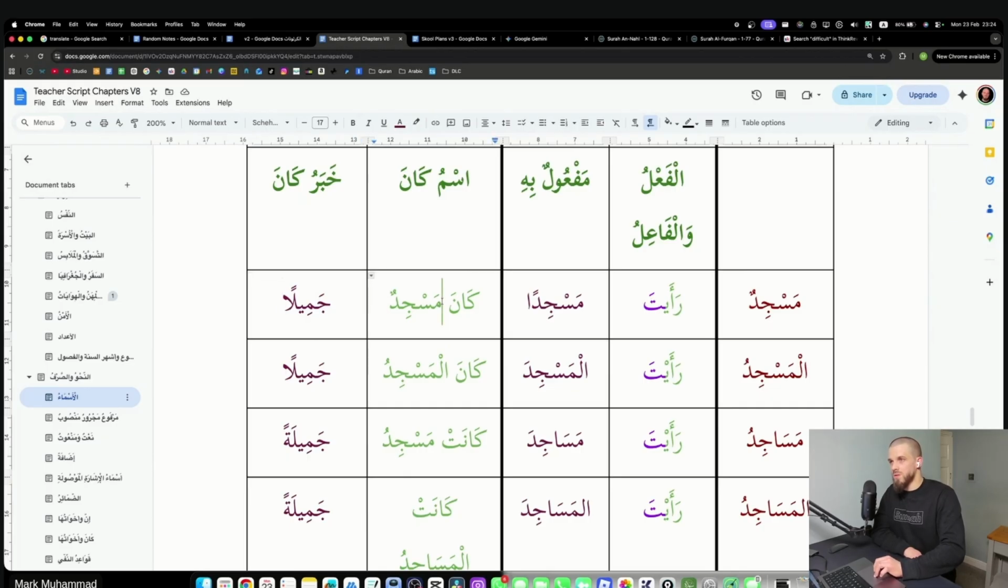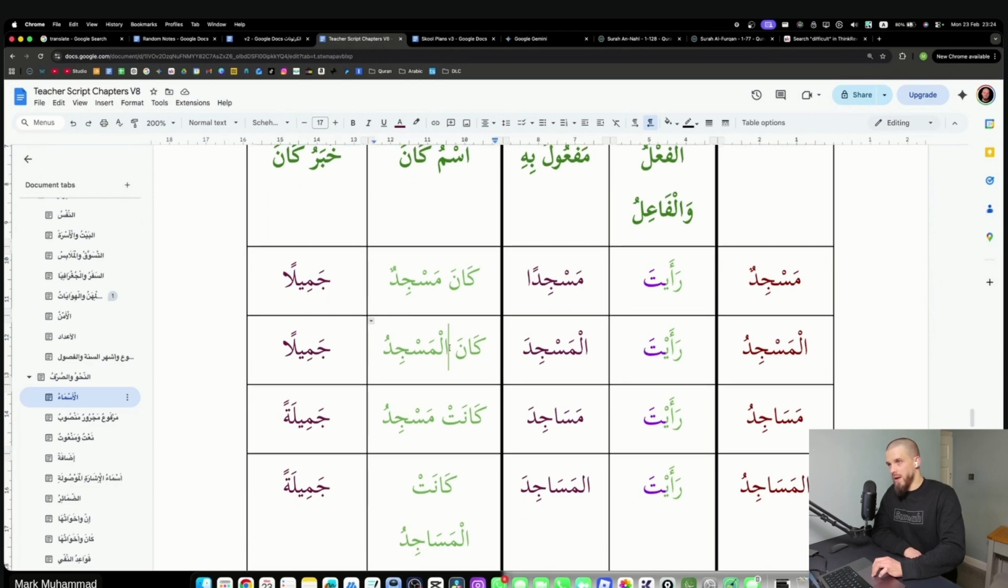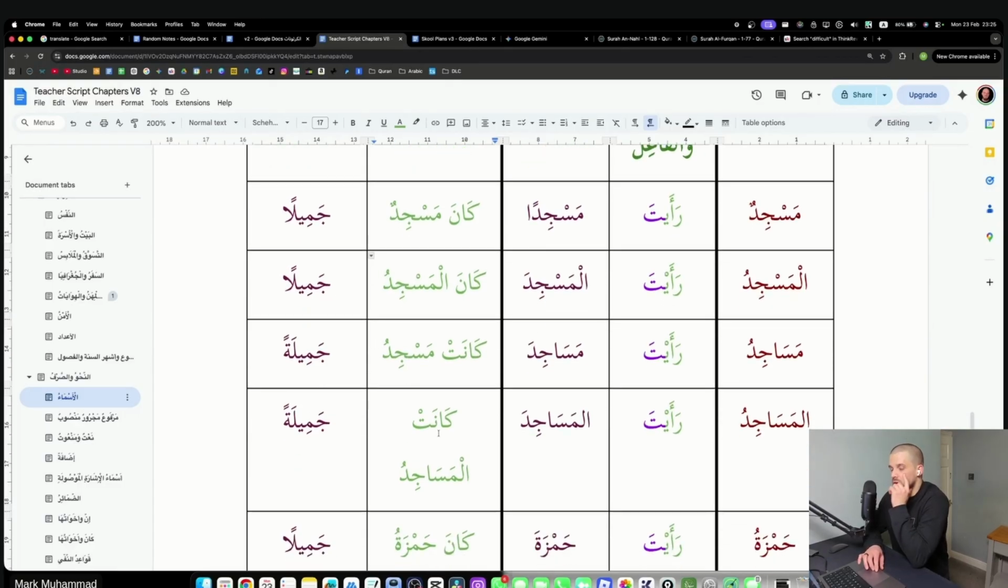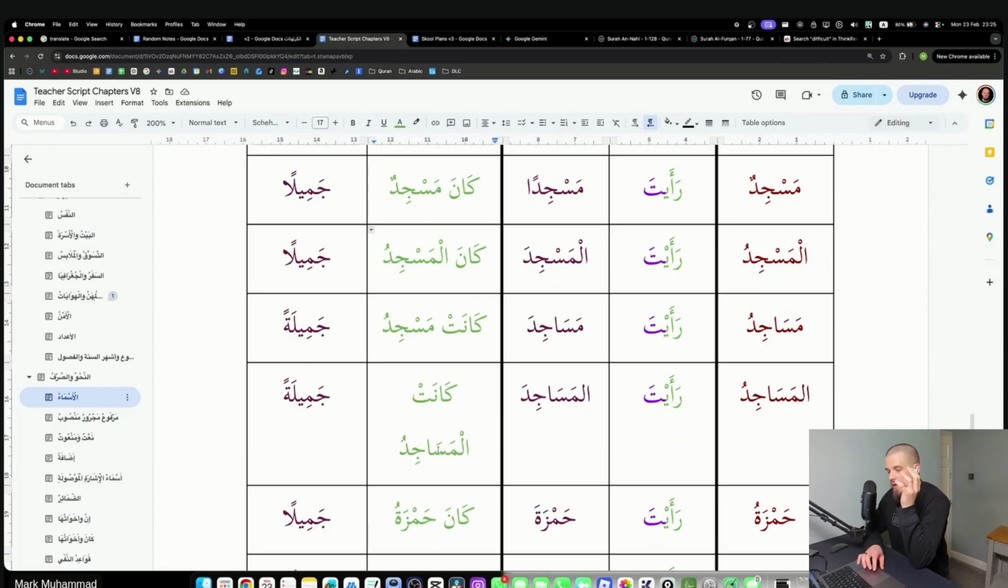A masjid was beautiful. Okay, if we put al on the word masjidun, it becomes masjid. The masjid was beautiful. Yes, kana al masjidu. Okay, now we're gonna go through pretty much all of the different nouns and how they